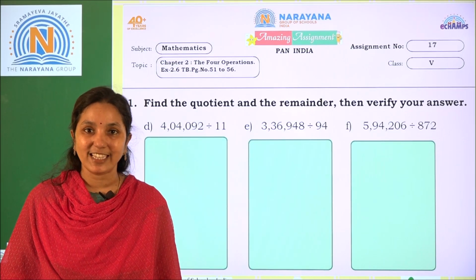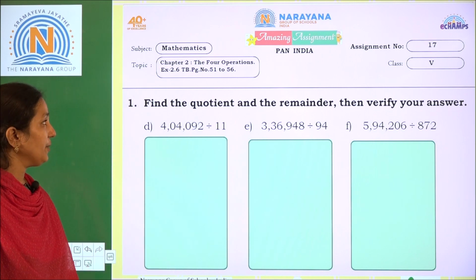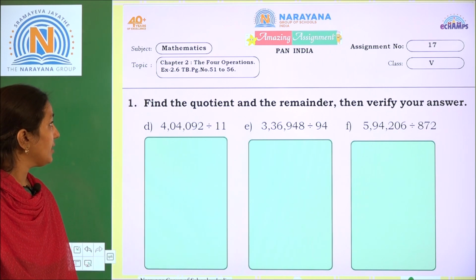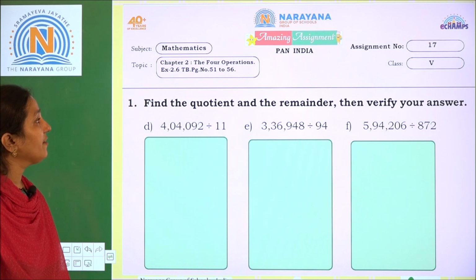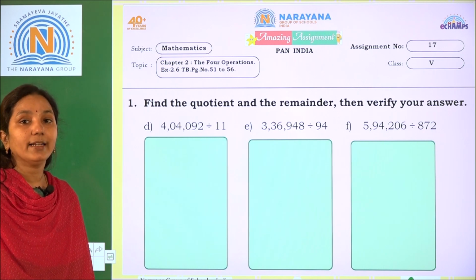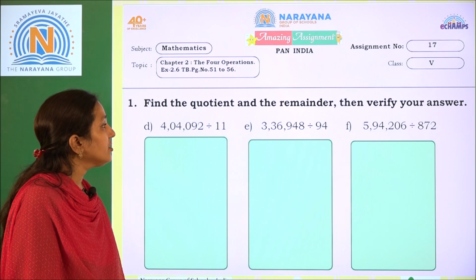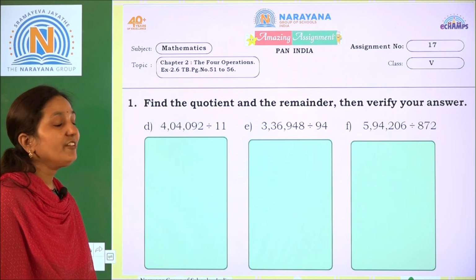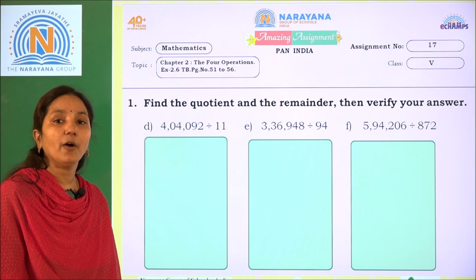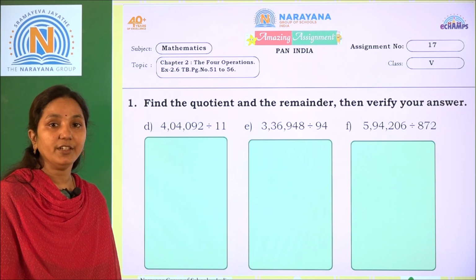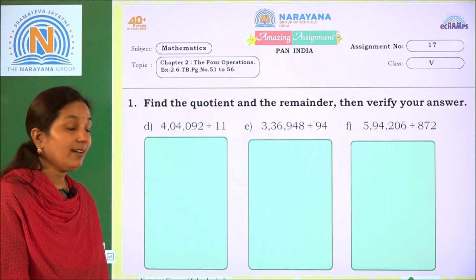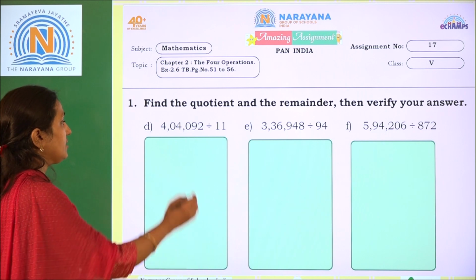Today our amazing assignment is chapter 2, the 4 operations, from textbook page number 51 to 56. From that, exercise 2.6. Coming to the first one: find the quotient and the remainder, then verify your answer. First you have to find the quotient, then after that you have to verify the answer also. Coming to the first one,